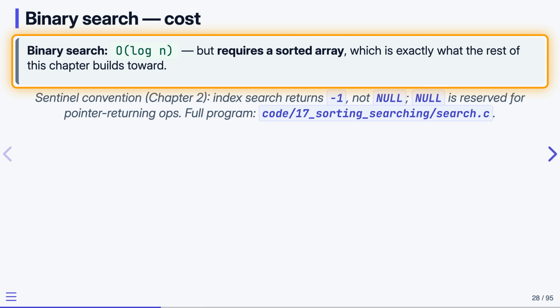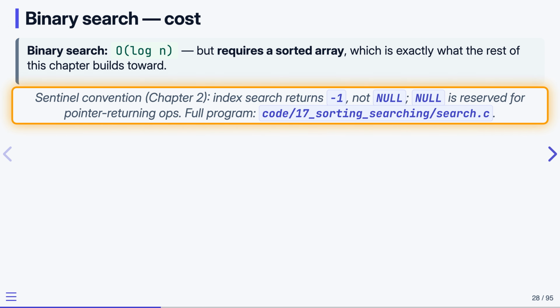Binary search costs big O of log n, but read the condition attached to it. It requires a sorted array. And that requirement is exactly what the rest of this chapter builds toward. One note on sentinels from chapter 2. An index search returns -1, not null. Null is reserved for the operations that return a pointer,